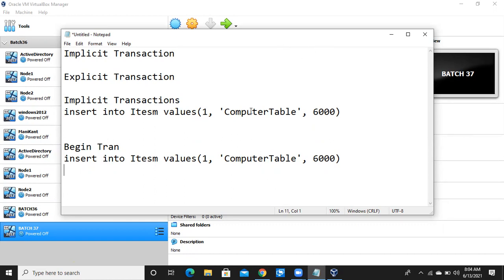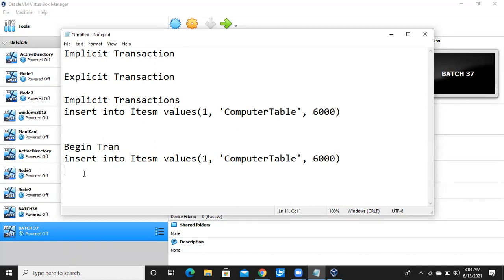Okay, so the answer is the transaction won't be committed. Why? Because if you start giving manually, you have to give both values, begin tran and commit, manually. If you only give begin tran and don't give commit, SQL Server won't give the default parameter commit to the existing transaction. Why?